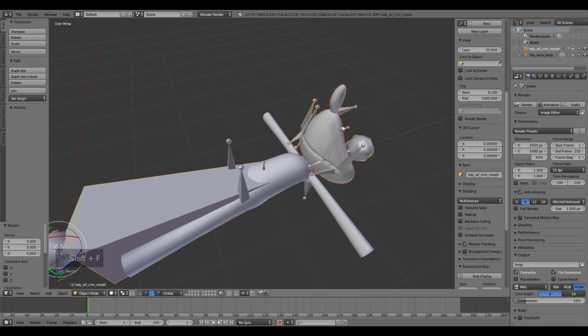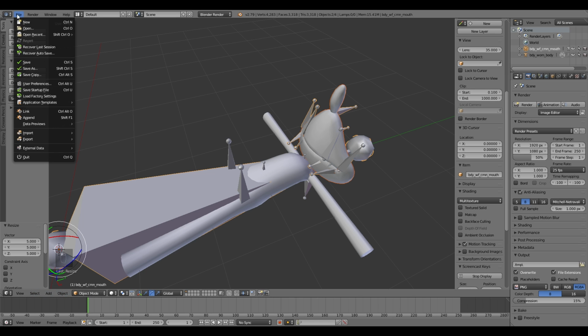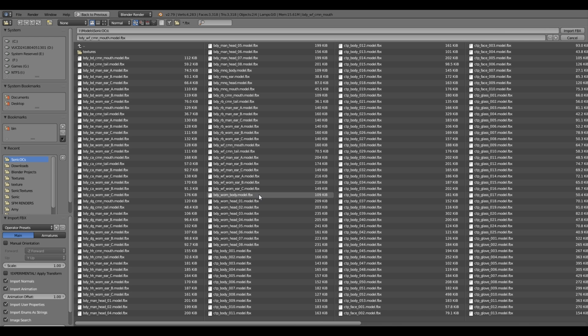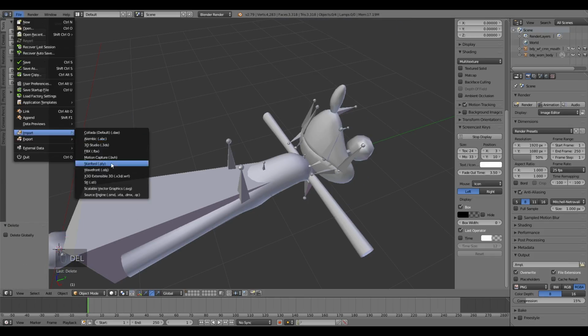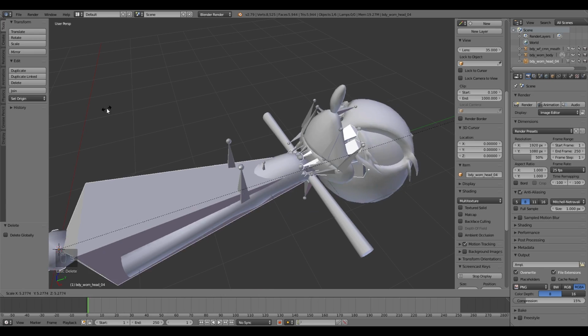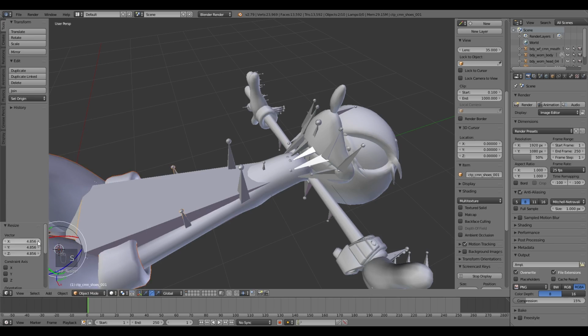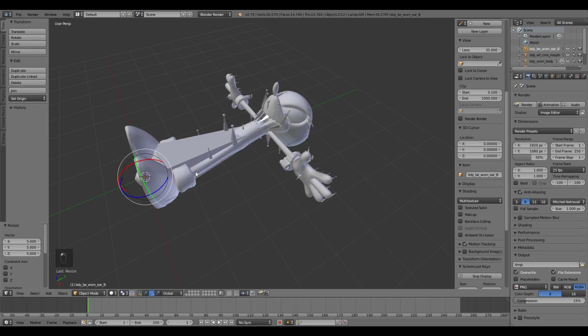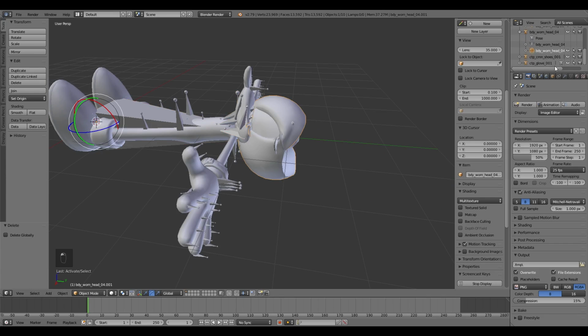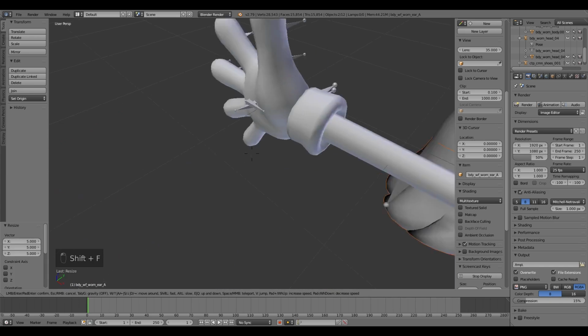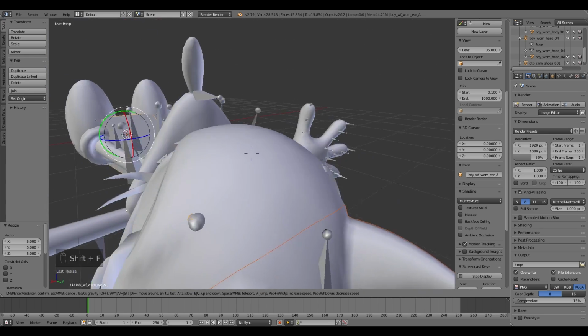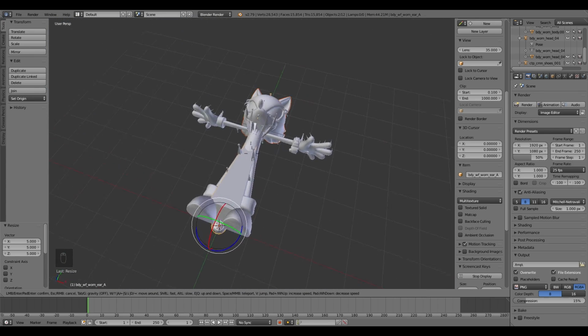So we have the model here, and I'm just going to import everything, so I might speed this bit up. Okay, so here we are, we have our model, everything has been put together, and at least we have a